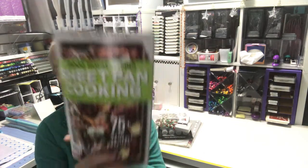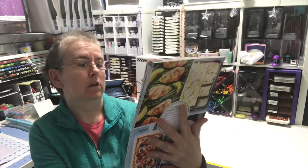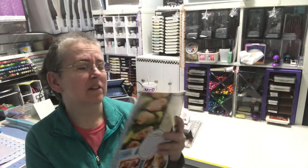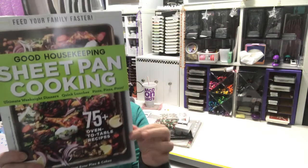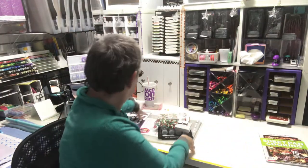And then this isn't crafty either, but I bought this sheet pan cookbook. I love doing sheet pan dinners. It's so nice that pretty much your whole meal's right there in one pan. So I picked that up. I'll find some good recipes in there. And then Hobby Lobby,